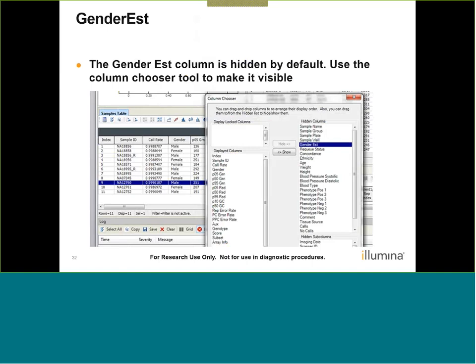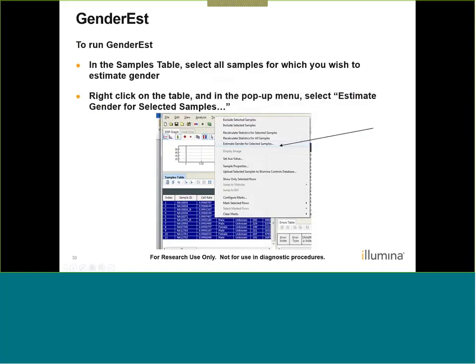If you click on the show button, it'll place the GenderEst at the very end of this list, and that will put it at the very far right of the table. So clicking and dragging it allows you to place it where you wish. All right. To run GenderEst, you go to the samples table and select all the samples for which you wish